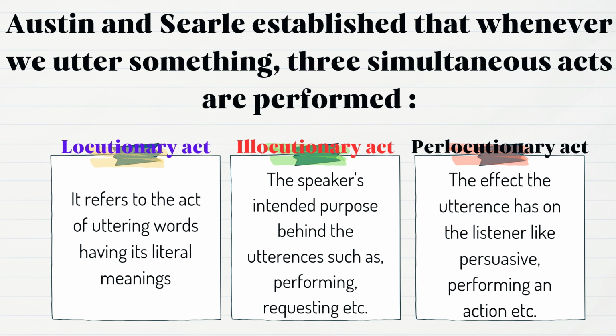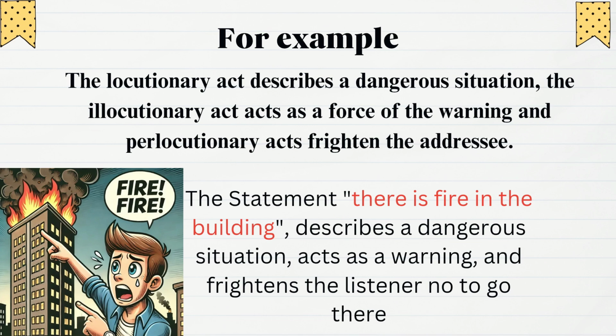Perlocutionary act. The effect the utterance produces on the part of the listener. The effect the utterance has on the listener, like persuasive effect, performance of an utterance, and promises, and all these things. Perlocutionary is the effect that the utterance produces on the part of the listener. So it becomes listener specific, not speaker specific. For example,